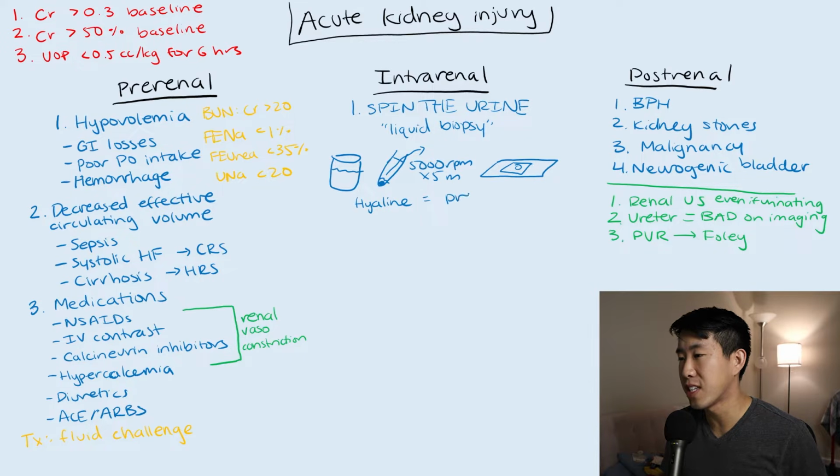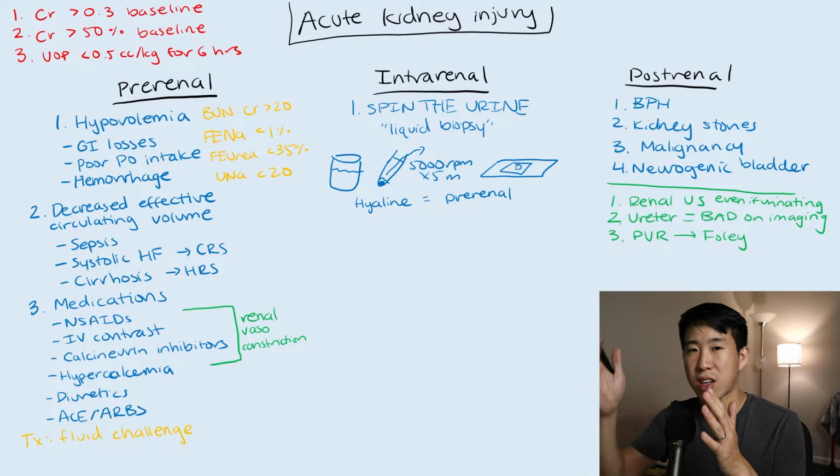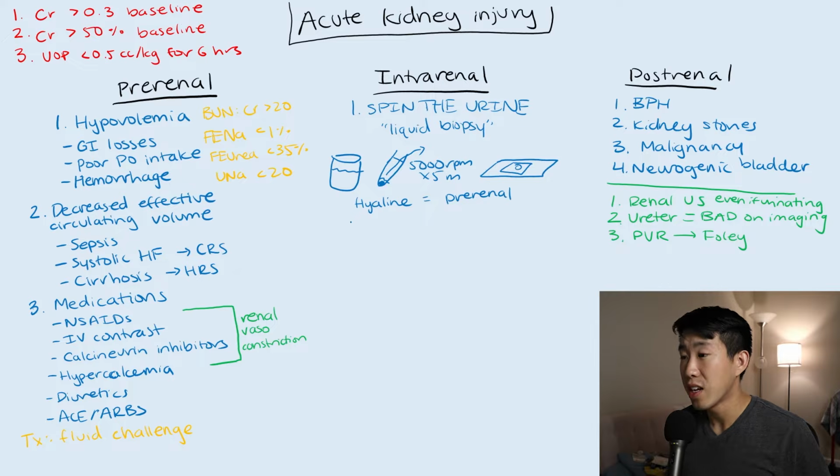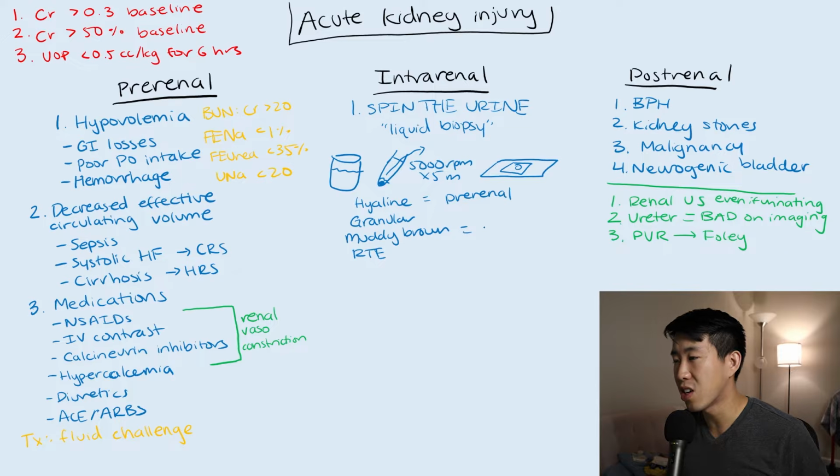And basically, if I see this, I'm thinking, okay, this is kind of bland. This might be a prerenal cause of AKI instead of an intrarenal cause. This is basically just Tamm-Horsfall mucoprotein that's produced by some of the tubular epithelial cells. And it causes this clear, glassy appearing cast that is very nonspecific. Now, on the other hand, if you start seeing granular casts or muddy brown casts, or if you see renal tubular epithelial cells or RTEs,